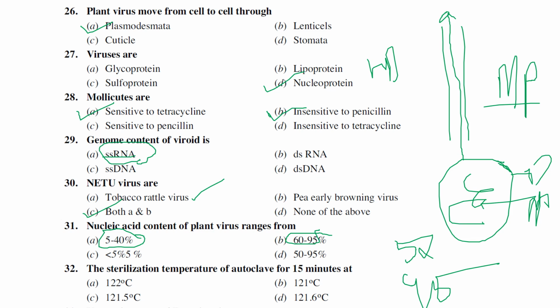The next one is the sterilization temperature for autoclave. The standard sterilization temperature for autoclave is 121.6. But generally, if you see in exams, they also give 121, 15 to 20 minutes for 15 psi. But the standard or exact sterilization temperature is 121.6. In exams, sometimes they may give 121, 15 to 20 minutes for 15 psi. So that is also the right answer based on the options given in the exam. But the standard or general one is 121.6 degrees Celsius.